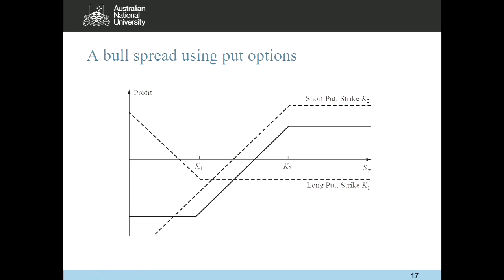However, that will not go on forever. We will not lose money forever. If the share price drops below 30, the put option that we bought with a strike price of 30 is going to help us. That's where this K1 is. If it drops below the K1 region, this put option that we longed is going to make money, and that would offset the loss from the short put. Again, we're going to get a cancellation effect. We're making money on the put option that we longed with a strike price of 30, and we're losing money on the put option that we shorted with a strike price of